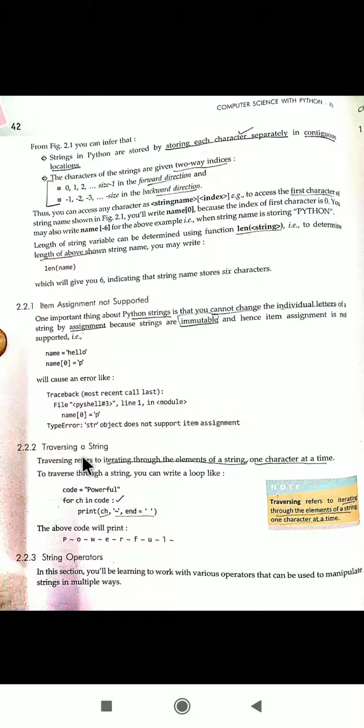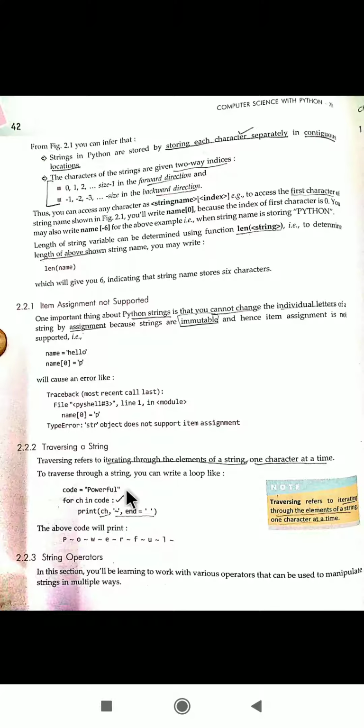Next is traversing of the string. Traversing means moving or reading the characters one by one. So we just need to pass through the string characters one by one till it finishes. Here we have taken a string code, in which we have the word powerful.